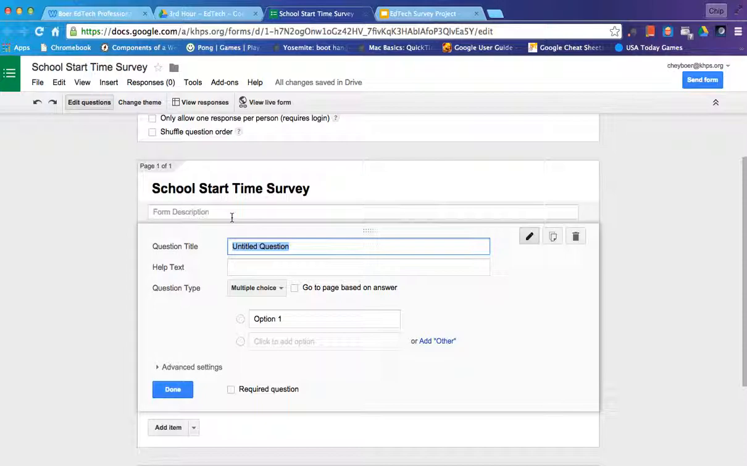So my first question will be, what gender are you? Now, some people might not be familiar with the term gender, okay? That's okay, though, because I think they'll be able to figure out from the answers below what that question means. But if you want to give them a little bit of help here,